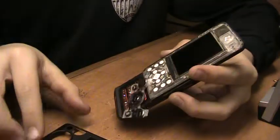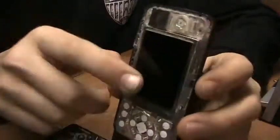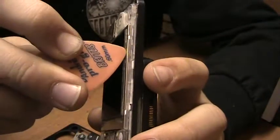Okay, now that that's off, just take the buttons off. Okay, and now there's the screen, of course. Now what you want to do is get the guitar pick again, and the edge of the screen right there,